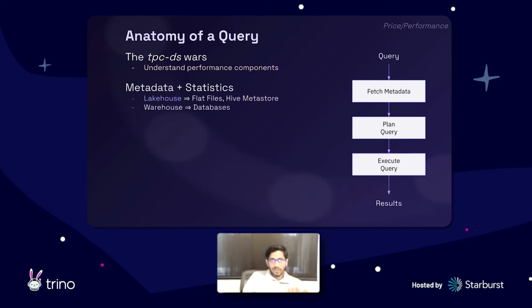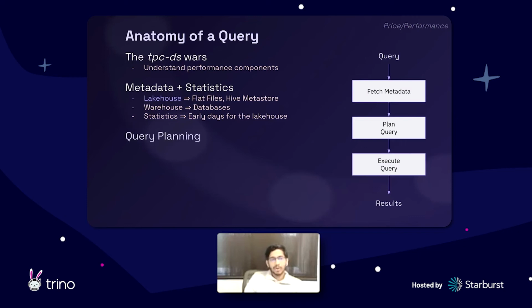So Lakehouses store these in flat files. Delta Lake has some JSON files. Iceberg has some Avro files for this. And at Hudi, we use an indexed HFile for this. It's either in flat files or some Hive metastore. Warehouses use these statistics in databases, and a CS101 class will tell you what's faster, right? So on statistics collection, I think it's the early days in the Lakehouse. For very large tables with lots of files, Lakehouses still need to be optimized.